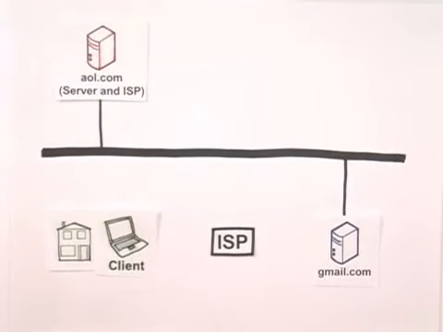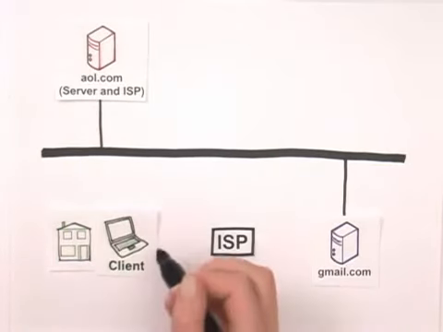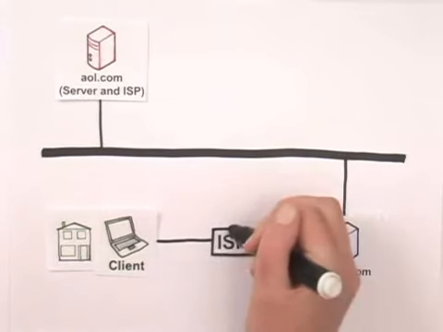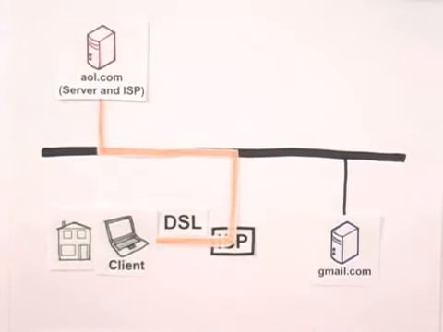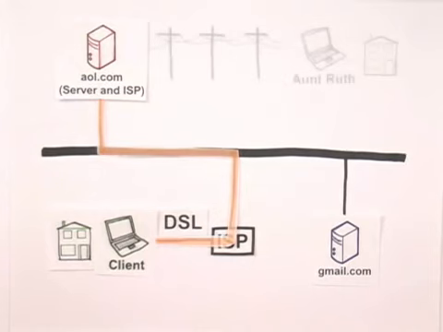Your computer at home is not a server, because it's not connected directly to the internet. Computers you and I use every day are called clients, because they're connected indirectly to the internet through an internet service provider. Here we'll pretend that this is my home laptop and I'm using DSL. Now let's pretend that I want to visit AOL.com, which is coincidentally both a server and an ISP. I hop onto my laptop with DSL, go through my ISP, onto the internet, and look at AOL.com. My computer connects with AOL.com, and I can look at its web pages.